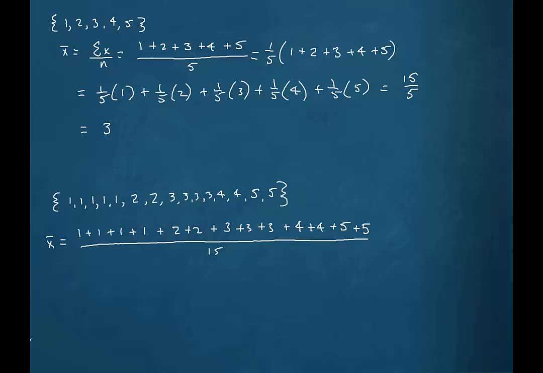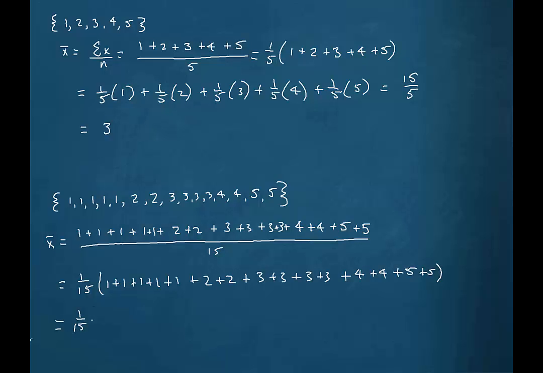Now let's suppose that we add some more values to that set. So instead of just one value of 1, we have 5 of them. And we have 2 2s and 4 3s, 2 4s, and 2 5s. So we'll do the same thing. We'll factor out a 1/15 this time because there's 15 data values. And now really what this would be then is 1/15 times 5 times 1 plus 2 times 2